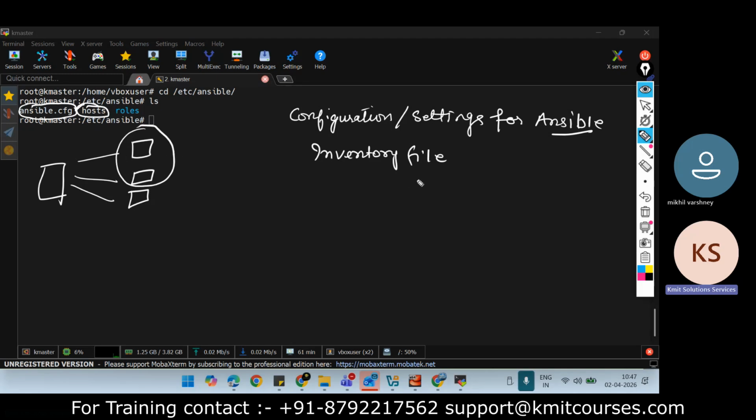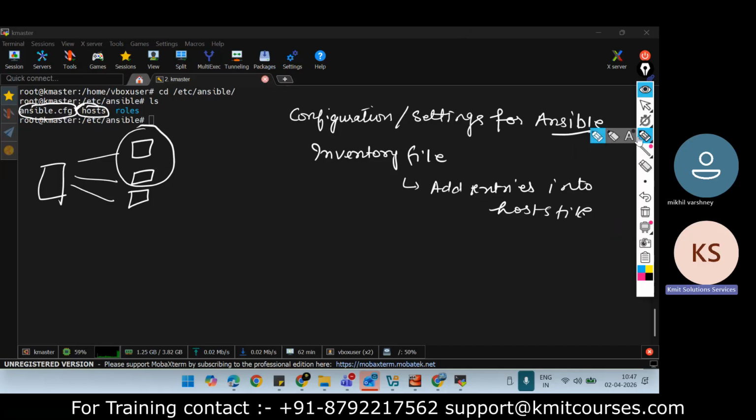So what I will do, I will create one inventory file and I will add the entries into the host file. So then it is a host file or the inventory.